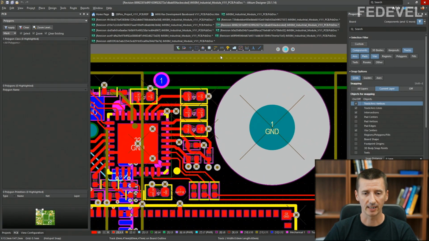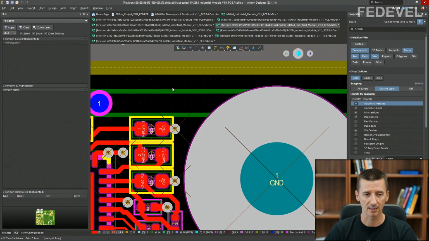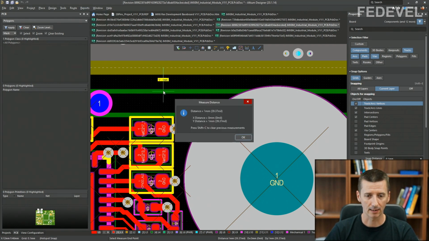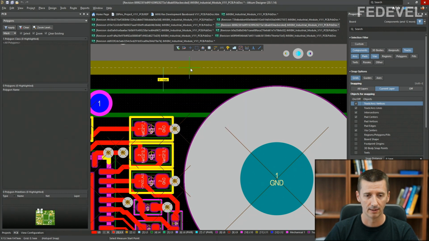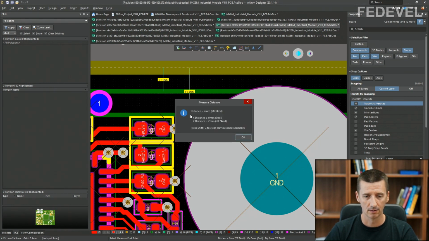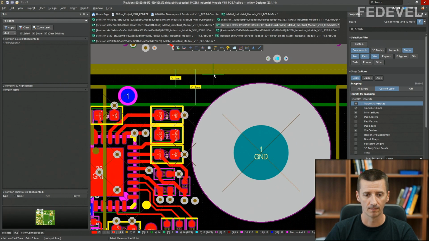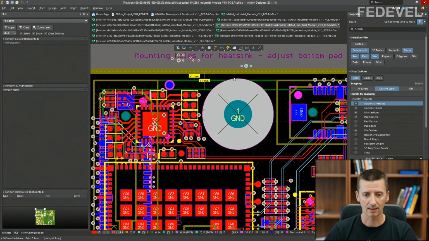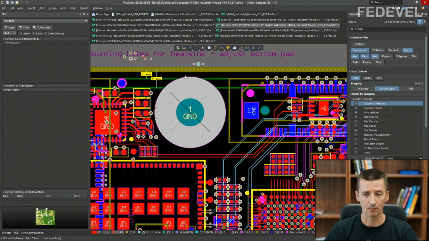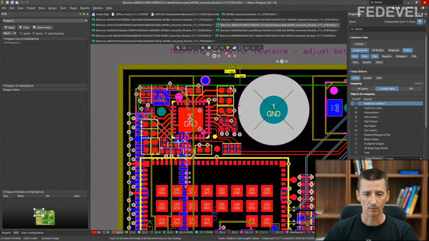And the distance between the board edge and these lines is like this, just to give you an idea, okay? This one is 1 millimeter and this one is 2 millimeters. So 1 millimeter minimum distance for layout from the edge of the board and 2 millimeters distance for the components from the board edge.